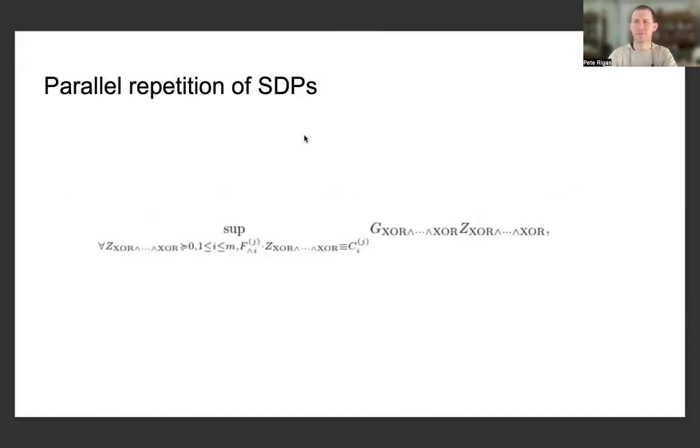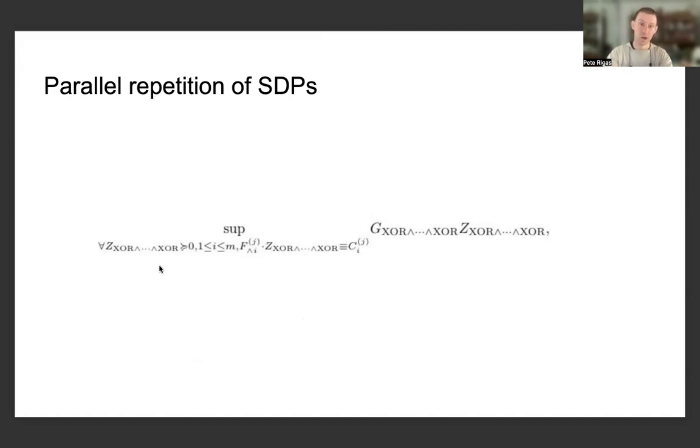Parallel repetition of semi-definite programs comes into play because we can take the semi-definite program that we had given in the previous slide and formulate a parallel repetition version of it, namely taking the game matrix and performing some parallel repetition operation on it, as given as the first component of the objective in this